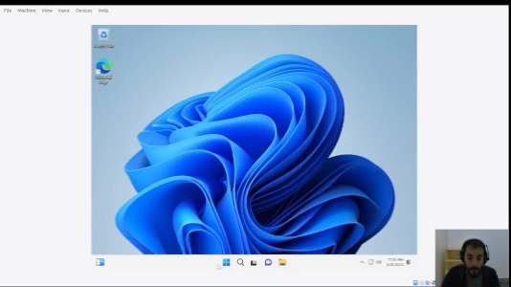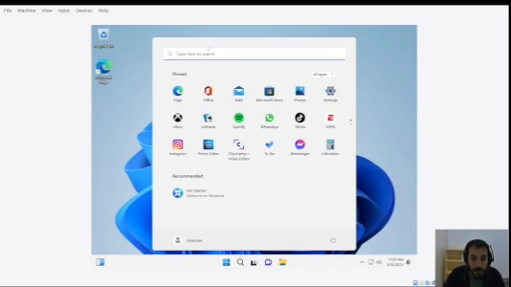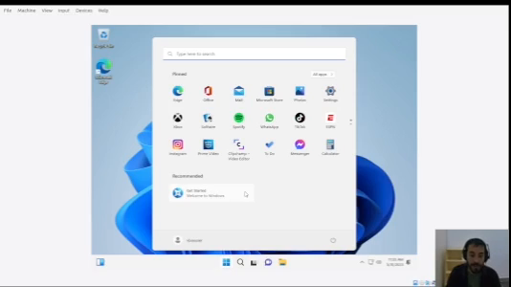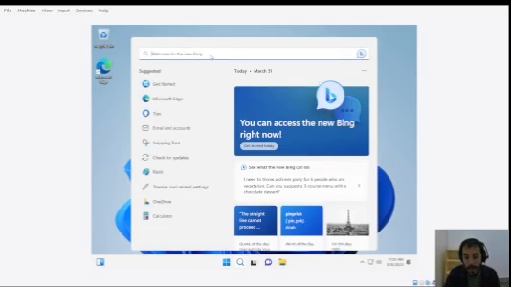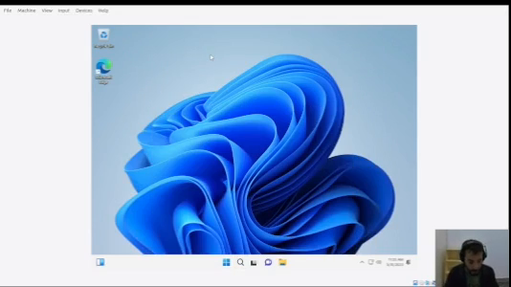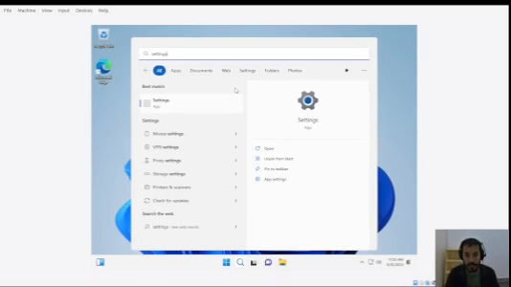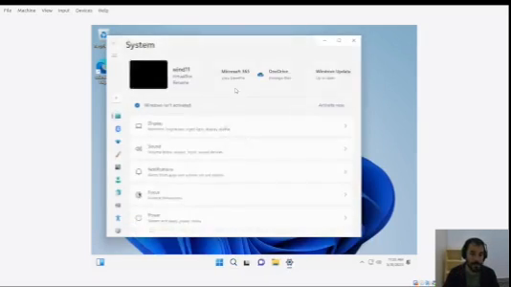Okay, and we have the Windows menu where you have the search engine, which in current versions of Windows is almost the most important thing because you can type almost anything, like contents of files, names of programs. Basically, to open a program, you just type the Windows key on your keyboard and type the program that you want to open, and it will be shown, like settings, for instance, and you will open the settings